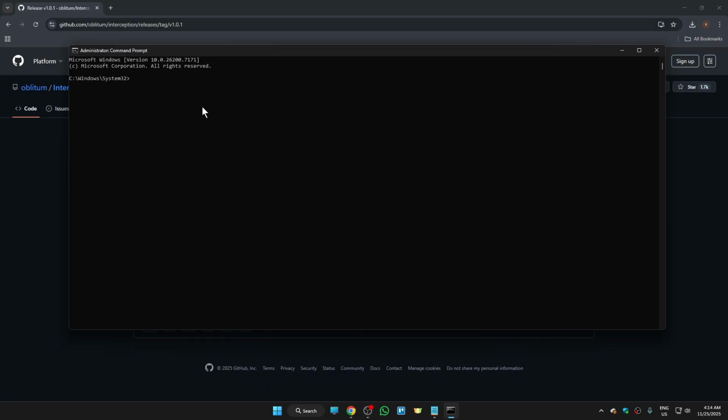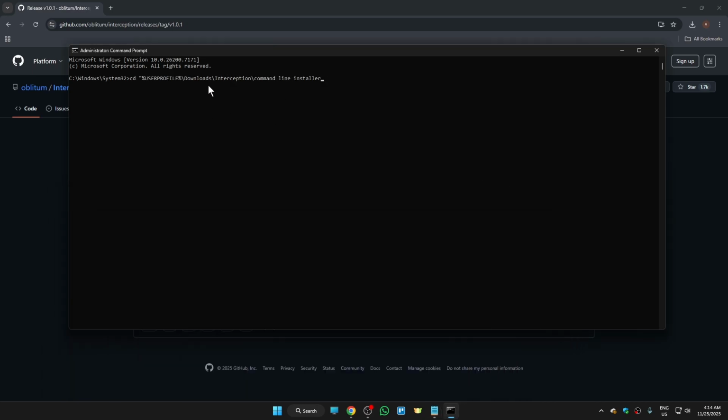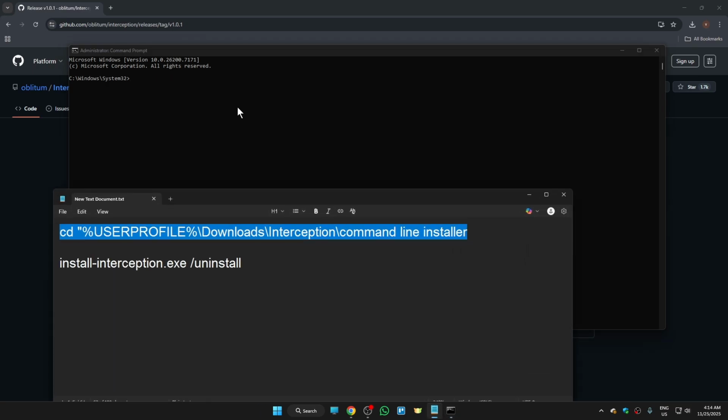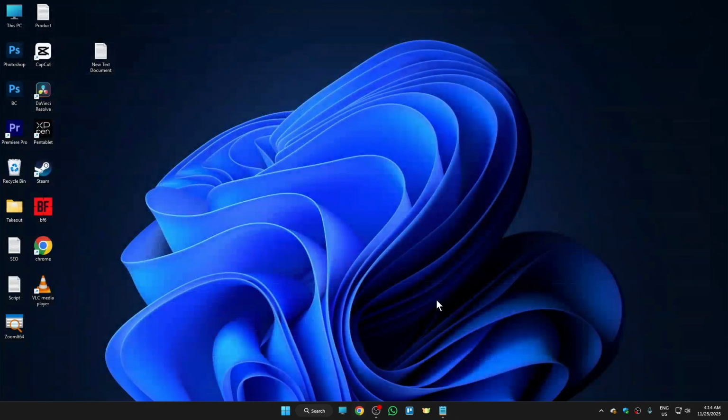In the command prompt, the first command we're gonna type is this one. So you have to type this command as it is just here and hit enter. Once you do that, the second command we're gonna type is this one right here. So just type this as it is, which is install-interception.exe space /uninstall. Hit enter again,